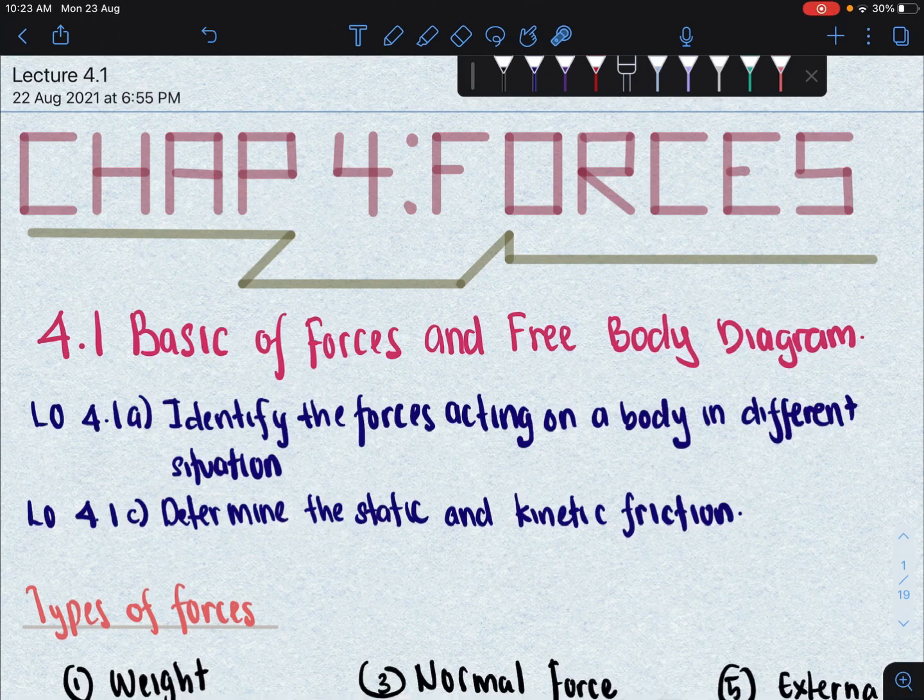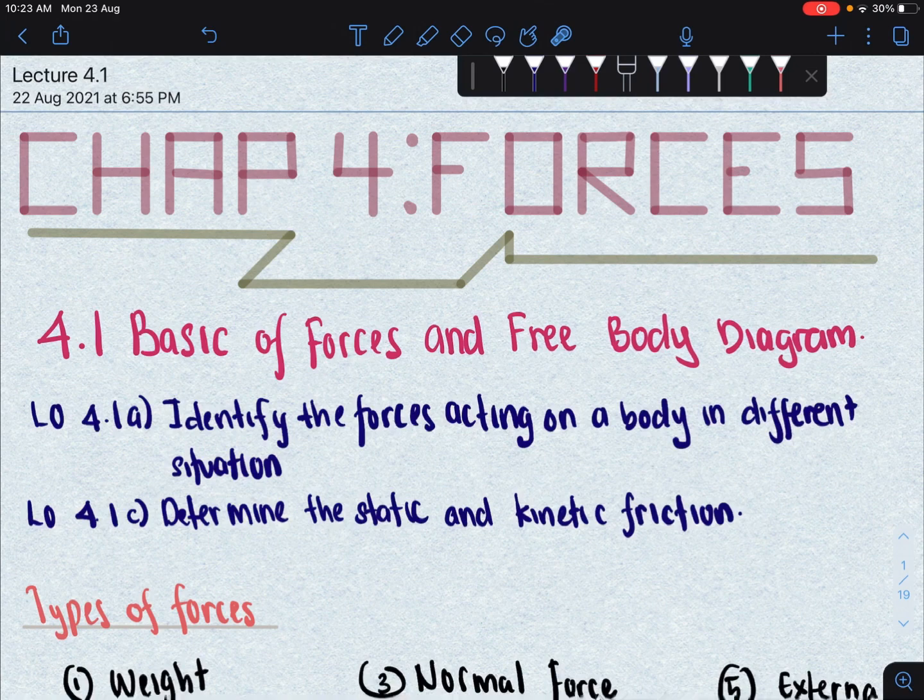However, in this video, we will look at the learning objective 4.1a, identify the forces acting on a body in different situations, and also learning objective 4.1c, determine the static and kinetic friction. Alright, there are many forces we will deal over and over in our daily life and